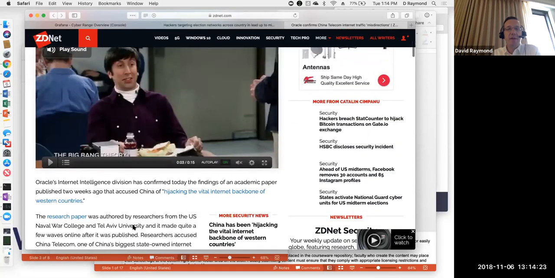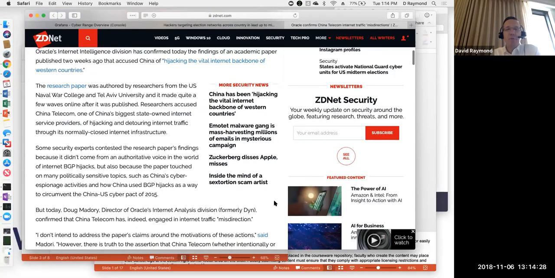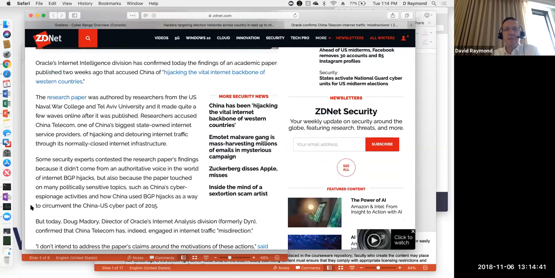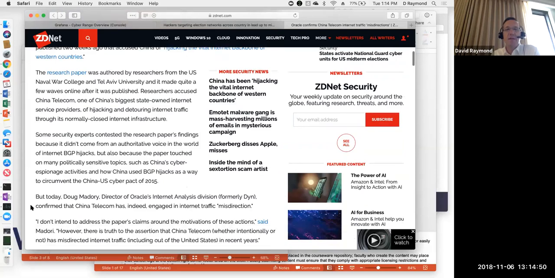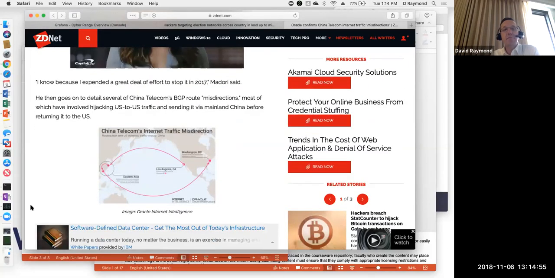So this is about something I mentioned in one of these workshops a couple of weeks ago. This is when countries who have control over internet core routers can manipulate routing algorithms on those core internet routers and cause internet backbone traffic to do strange things. And the accusation here is that,